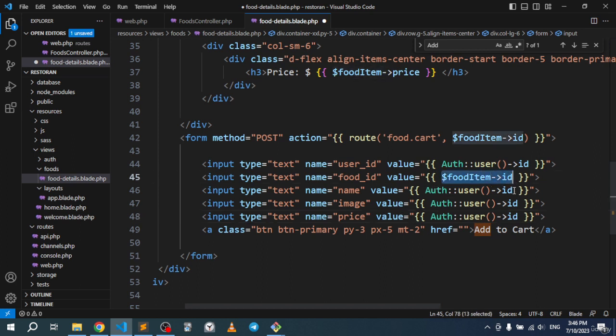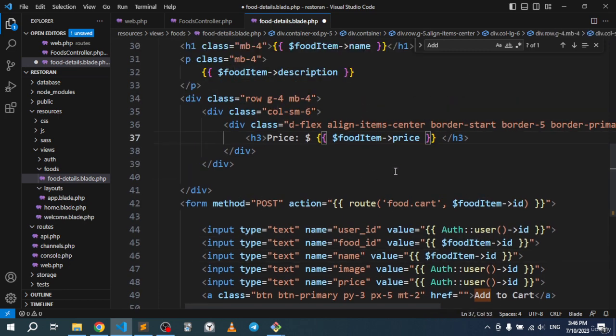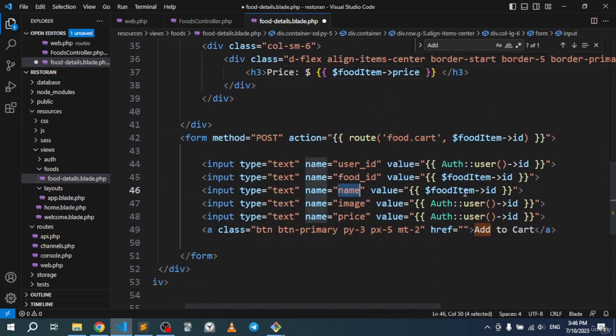So we can pick up the values right here. Since we already have this food item right here, we can pick up the rest of the values. Let's go ahead right here, paste this in, and pick the name of the image. And right here, we can just go ahead and pick the price of this. All right. So as you can see, here are my